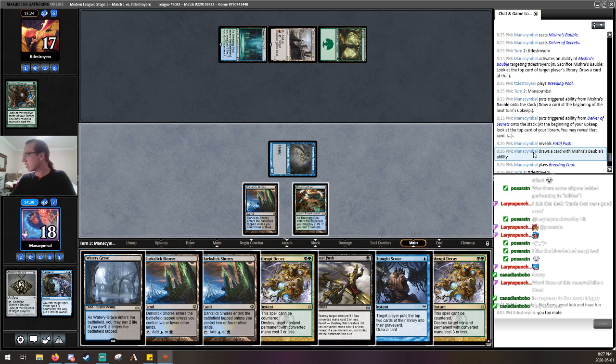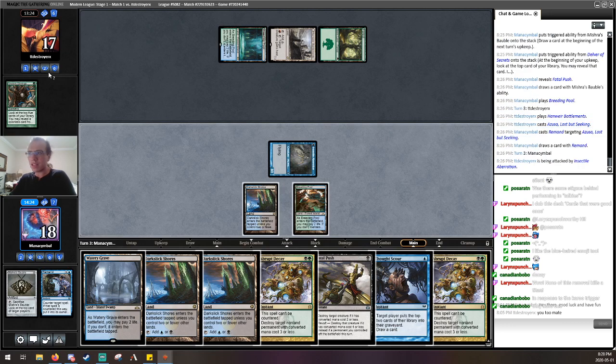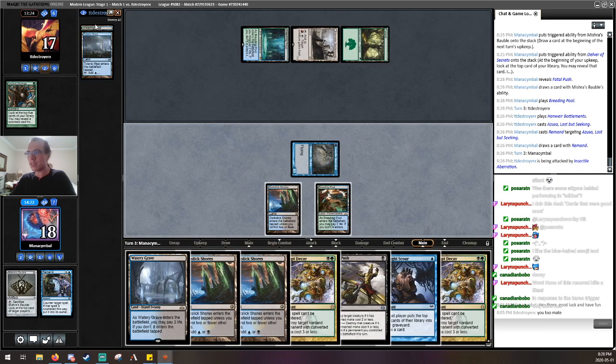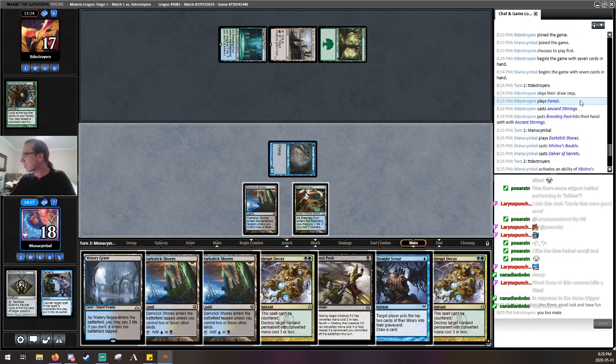Do they? Did I screw up? Am I stupid? Ancient Stir. Did they reveal it with the... They did. No, they didn't. It's a breeding pool. Are you just like hedging that they have one? Or did I miss...